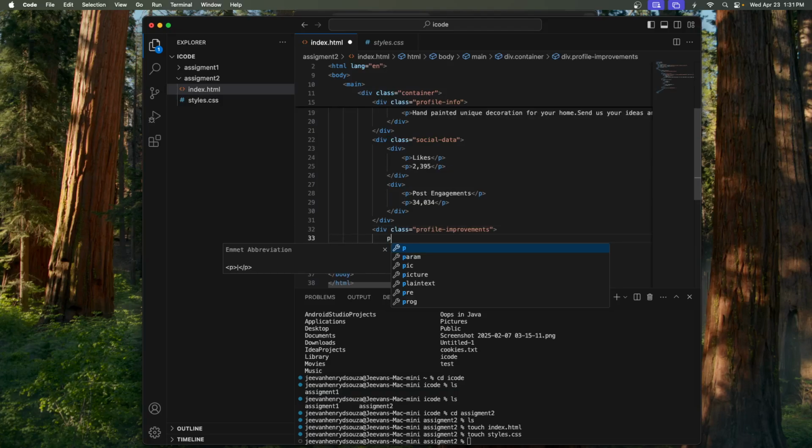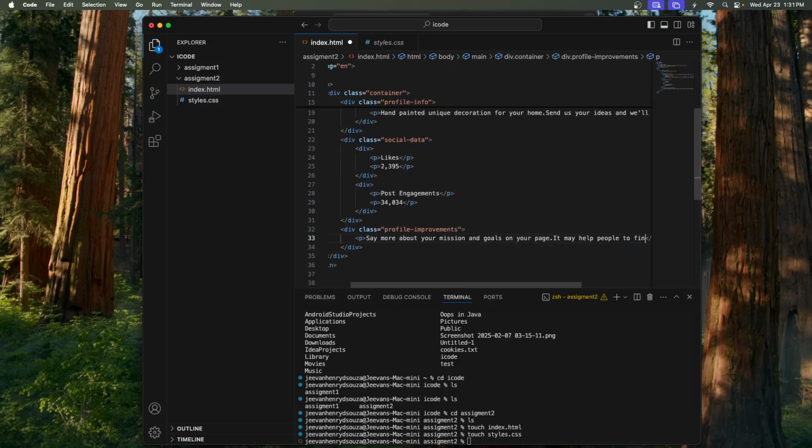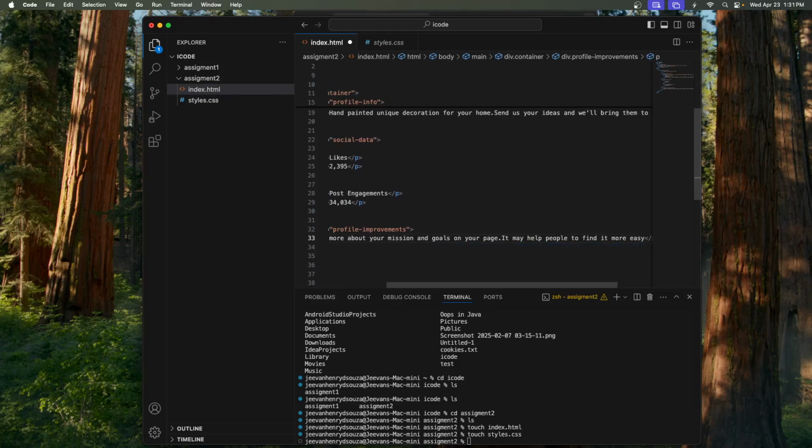And then you say this is again a text, right? For example, say more about your mission and goals on your page, missions and goals, and then it may help people to find it more easy. Okay, and then